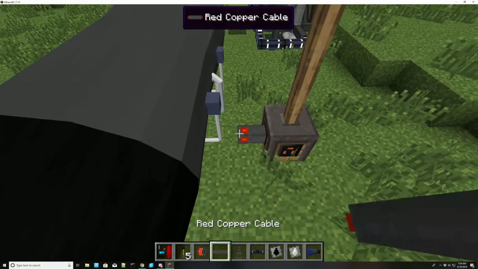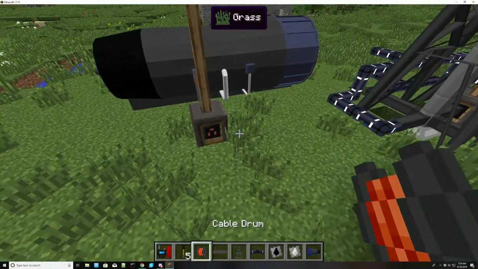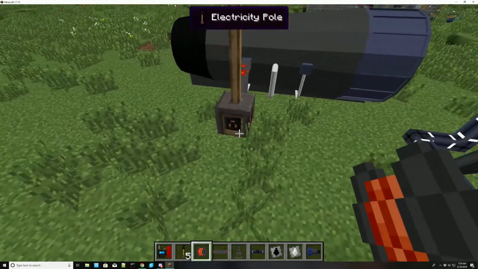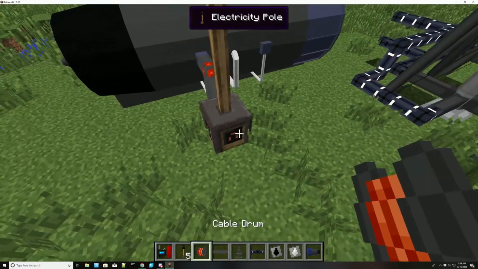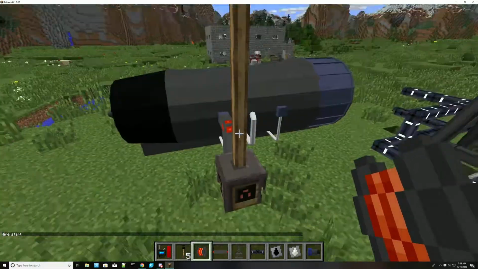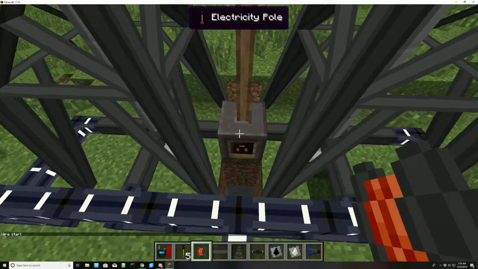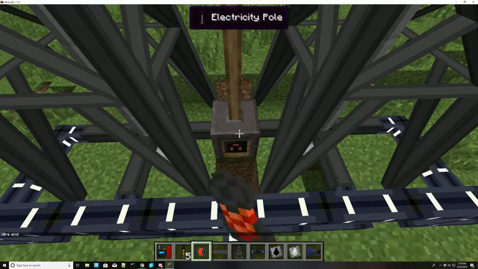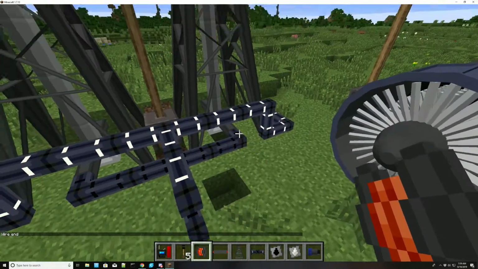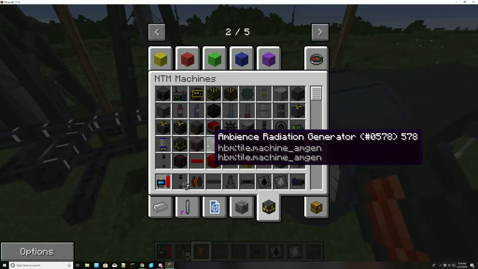There we go. There's power. Okay, and then if you use the cable drum, right click on the bottom of the power poles that we're using, and then right click on where the wire is going to go, and it'll drape a wire from one to the other. So if we power this up,